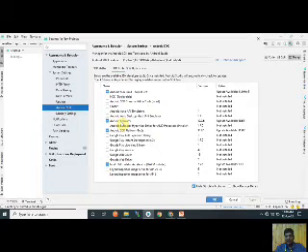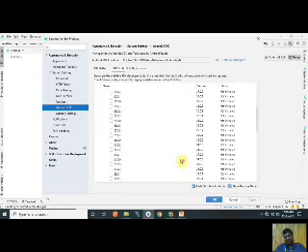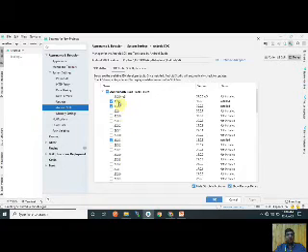Okay, now if you want to open all the sub packages of these folders, you click here. There are the API versions. I installed API 30. If you want to install API 31, we click this and apply.